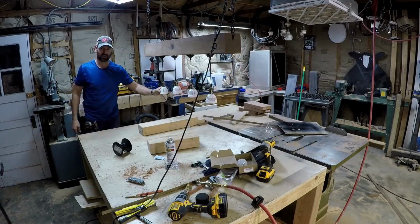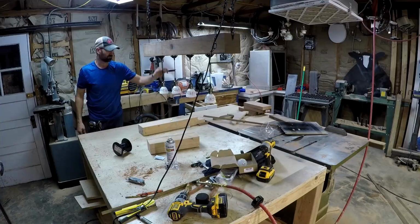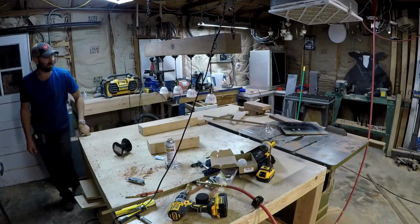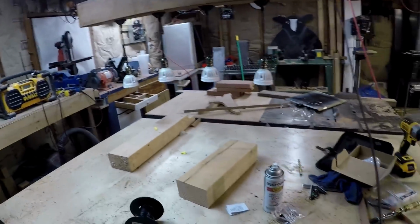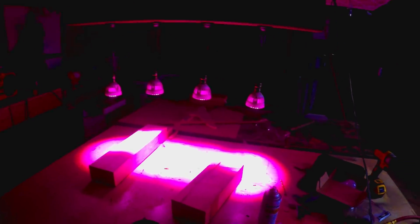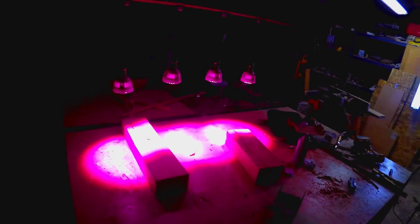Now these things weigh quite a bit, so the weight of them will get these cables here to straighten out. Okay, let's see. Let's turn this light off and turn this light off. And now it's completely dark. There's the switch. Look at that. Is that cool or what? Turn the other lights on so you can kind of get the...